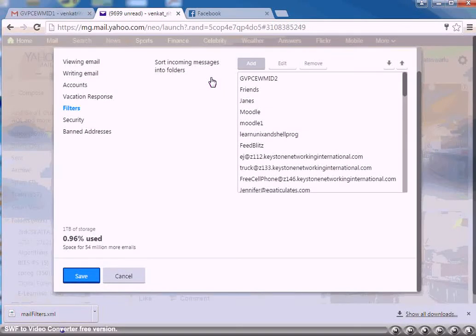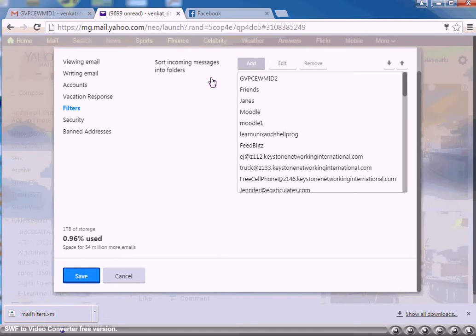With the help of filter, we can organize the incoming emails. There are many ways you can design the filter. You can specify that if an email comes from so and so email address, it should go to some folder. Or if it is coming from someone and having some message in the subject field, that can be sent to some other folder. It is up to you. Whatever way you want it, you can design your filter.